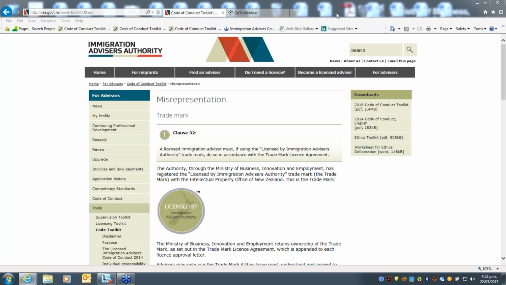If you are informing clients you are licensed but you don't meet in person but communicate by emails, is having your license number and the Immigration Advisor logo enough, or should there be a link to the Immigration Advisor website? We recommend that you put a link to the register, because anyone could sign an email with your license number off the register, or people could make up a license number. A link there has your photo. So it's better that you put a link to the register. It's a very straightforward thing to do. So that's certainly our recommendation, that you either use your wallet card, your license certificate, or the actual register.